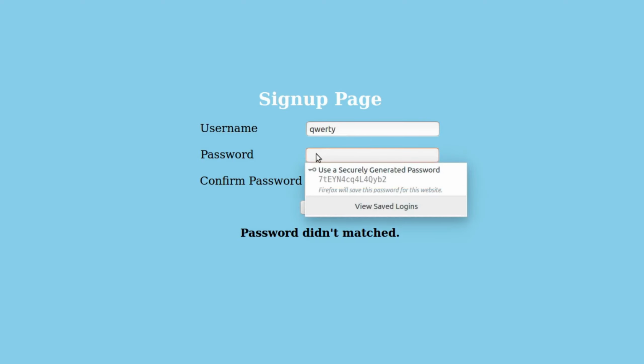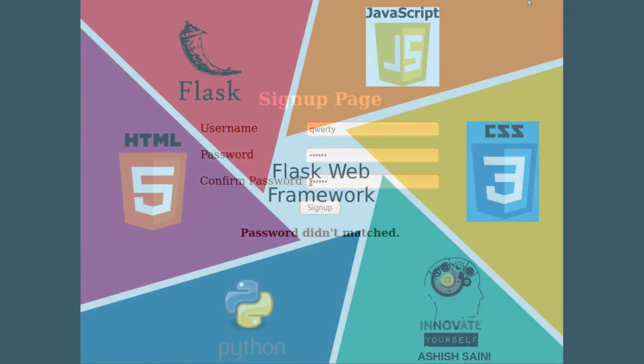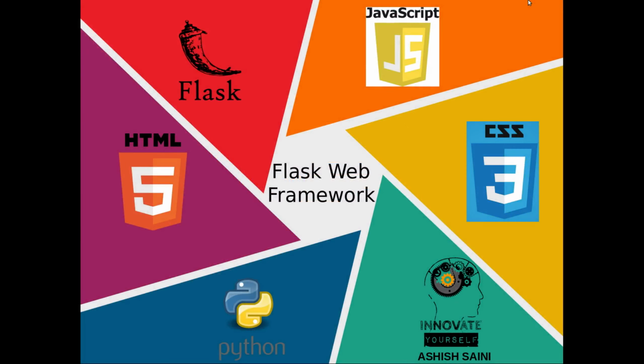Yeah, exactly, we have done that part, but in this session I will show you how to handle multiple data, or let's say if you have that data, which you have collected from the form, in the form of a dictionary. If you have that data in the form of a dictionary, then how are you going to handle that part and how are you going to send it to the template which you want to display to the user? So this is what exactly you are going to do in today's session. Let's get started and see how to do that part.